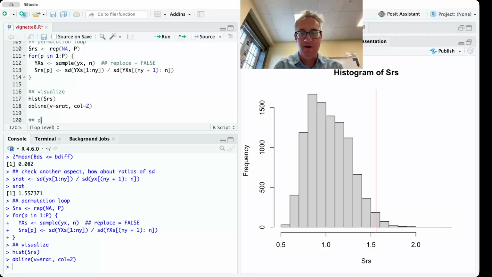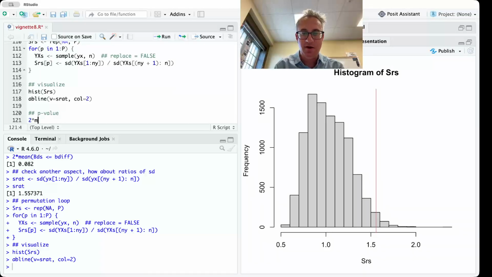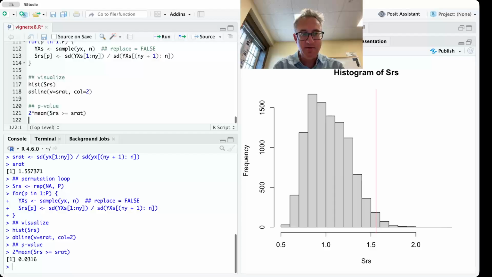So let's do the p-value calculation. 2 times mean of SRS greater than or equal to, because we're in the right tail, SRAT. Less than 5%. So reject the null hypothesis and determine